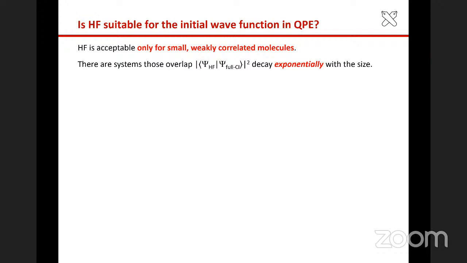Why? Because the overlap decays exponentially with the system size. So we can easily understand this. Let us assume that we want to calculate a water molecule. A water molecule is a typical system